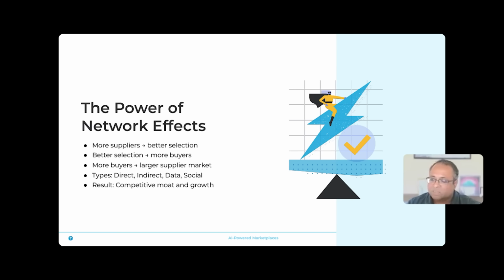And we all think about word of the mouth, but word of the mouth is such a unicorn in this business. So you want to make sure that you are not dependent only on word of the mouth. You need to think strategically about how your advertising, your content, and your channel strategy could be much more effective in terms of building a power that you can create over a period of time in terms of network effect. And then how do you use that as a competitive moat and grow in the long term?